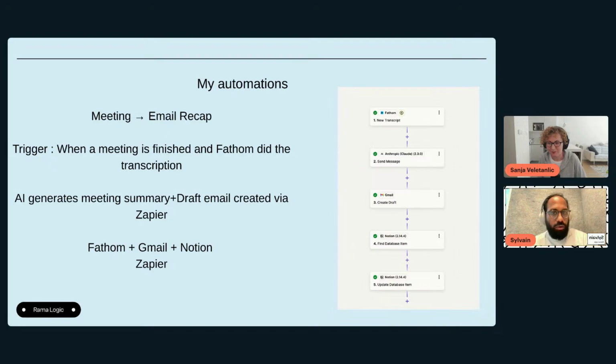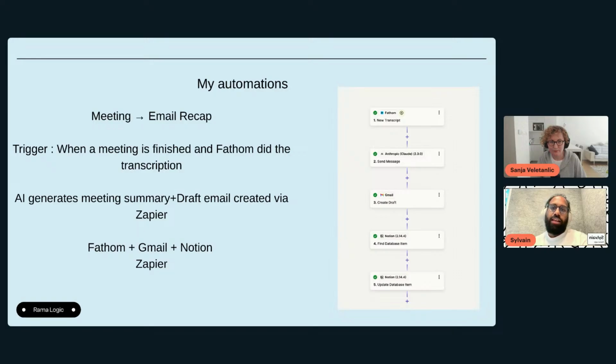So what I did with Zapier, which is another tool, is connect Fathom. When the meeting is finished, Fathom does the transcription and sends it directly to Claude. It's Anthropic, so it's not ChatGPT, I changed it to Claude. Claude has a specific prompt that will extract all the details of the transcription and create a to-do for everyone, depending on the context of the call.